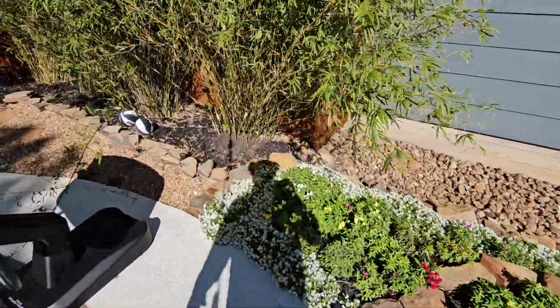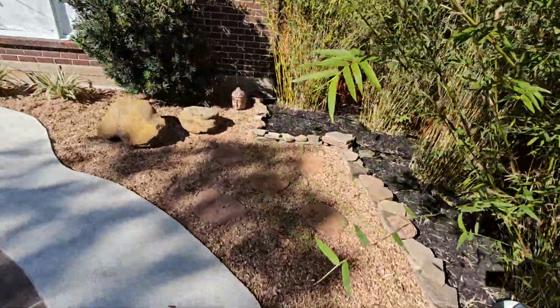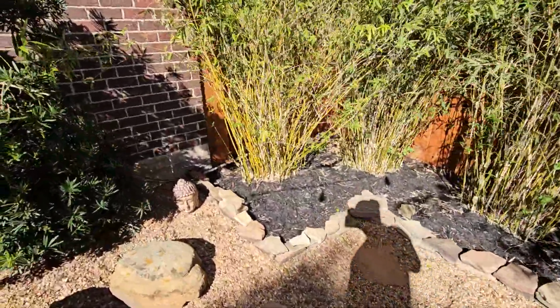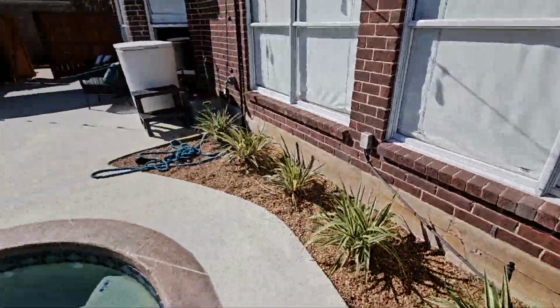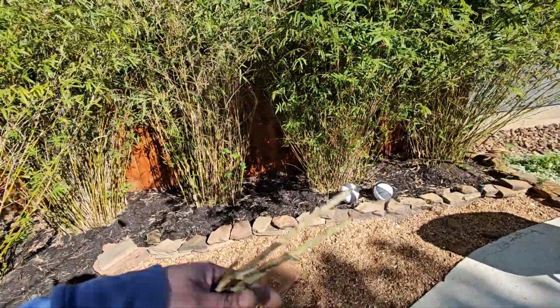That's how I like to do it. So I left a little bit of leaves back there, vacuumed it all up. But at the same time, we're going for efficiency. We're not trying to spend all day trying to pick up everything. Since it's part of a maintenance program, I'll come back another time, and the next time I visit, it'll be